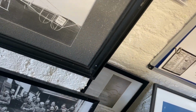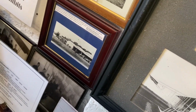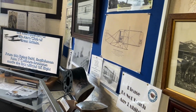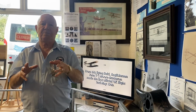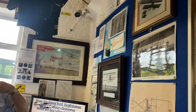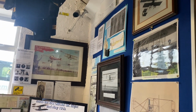He then gets his hands on the design of the Wright flyer, and one of the first things he does is put an upright seat in it. So now you've got control to hand and feet. The next thing he does, because he's got a much better, more powerful engine available to him, is put wheels on the bottom. So you can now get the thing off the ground from a standing start, rather than using the